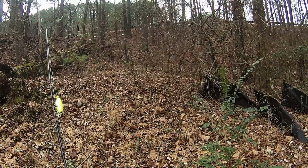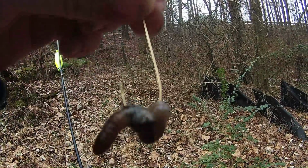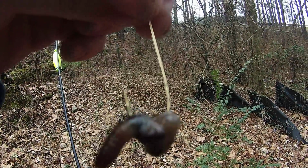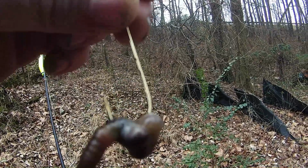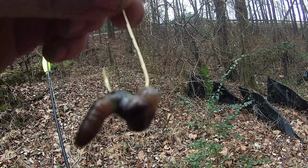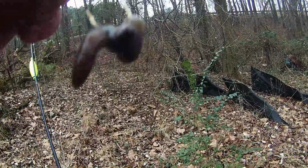Well, I wasn't having any luck on the lake, but I did find a hook, a bobber, and a worm. This was snagged up in some of the weeds, and worms are my absolute favorite bait for just about every fish. So I've come down to the creek,